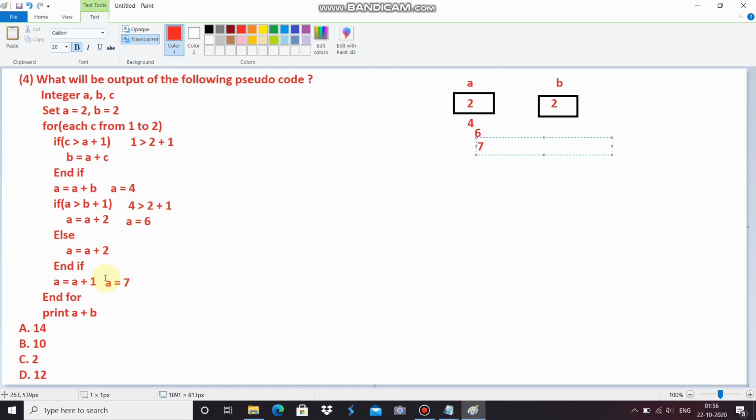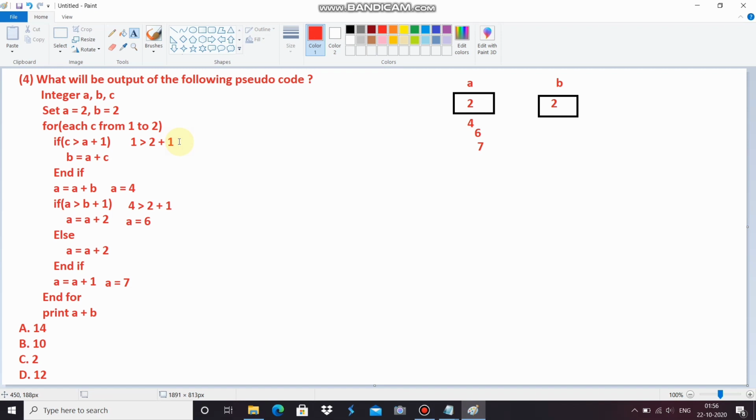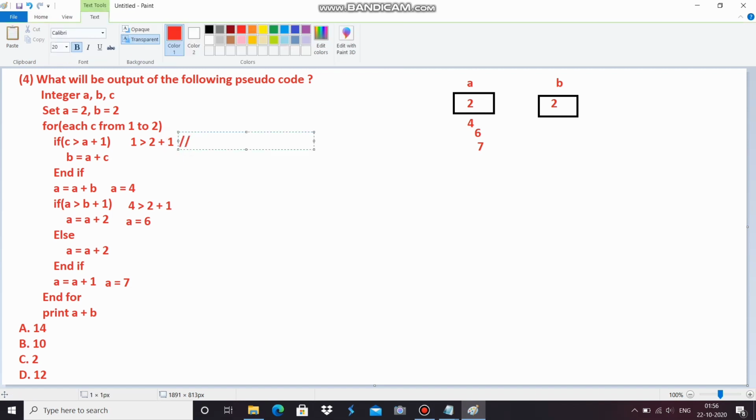Now the loop will operate a second time, and now we check the condition again. Then is c greater than a plus 1? Now the c value will become 2, and is it greater than a plus 1? A is now 7, and plus 1, it means it will become 8.